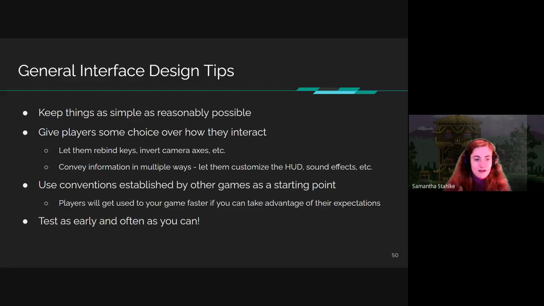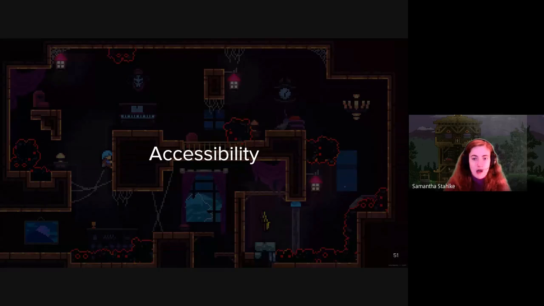The next one, test as early and often as you can. I sound like a broken record when I say this, I know, and we will talk about how to test specifically, the methods that you use, and the playtesting processes that are used in the industry in the last half of this lecture. So before we move on to that last half of this lecture,